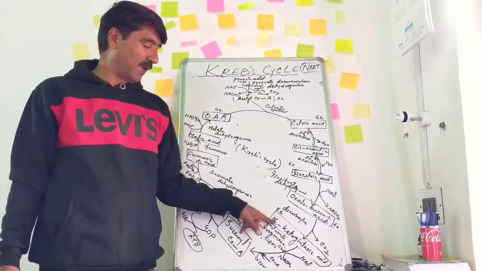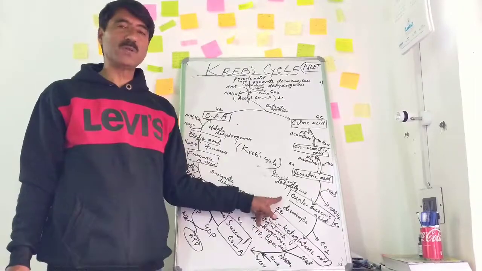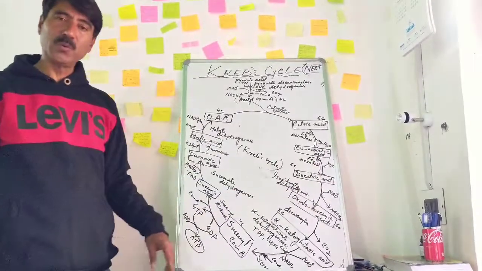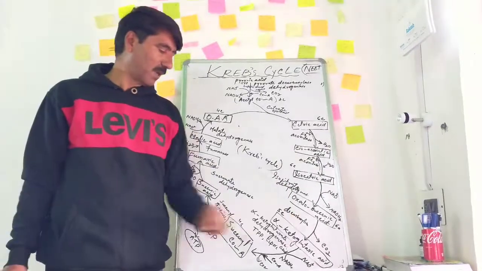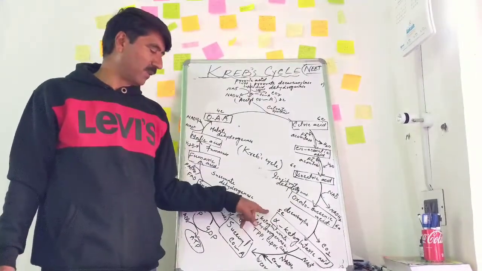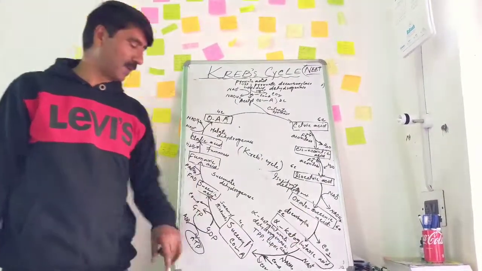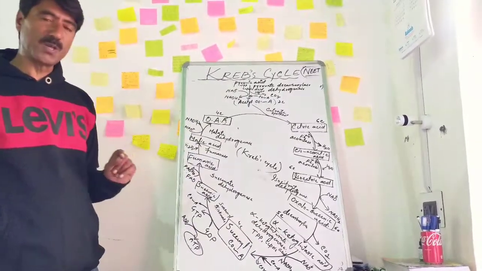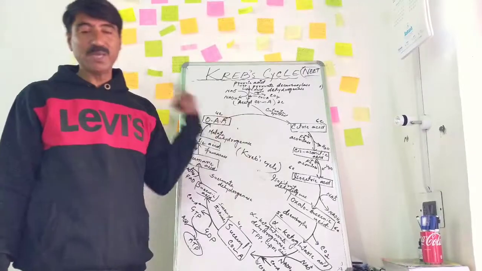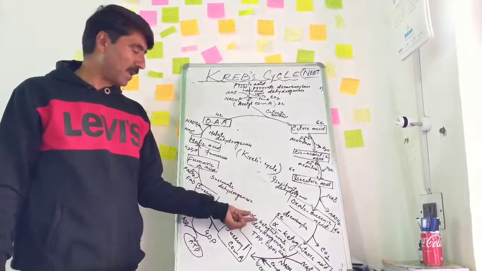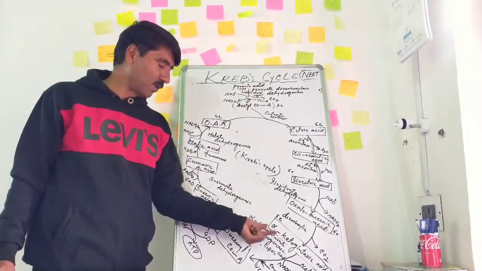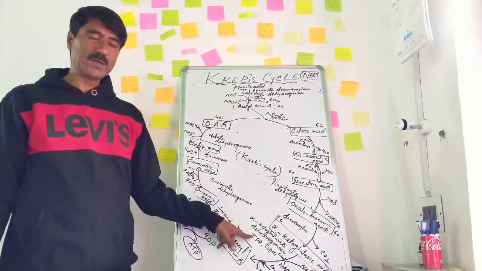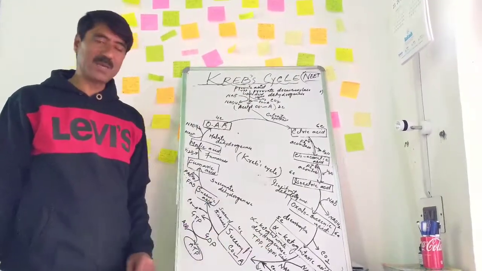होता है अल्फा कीटो ग्लूटेरिक एसिड में, डिकार्बोक्सिलेशन होती है यहां पर इस ऑक्सैलोसक्सिनिक एसिड की, एक कार्बोक्सिलिक ग्रुप कार्बन डाइऑक्साइड के रूप में निकलता है, तो ये 5 कार्बन वाला अल्फा कीटो ग्लूटेरिक एसिड बनता है। अब इस अल्फा कीटो ग्लूटेरिक एसिड की फिर से ऑक्सीडेशन होती है, डिहाइड्रोजनेशन भी होती है, डिकार्बोक्सिलेशन भी होती है, एंजाइम कॉम्प्लेक्स है यहां पर अल्फा कीटो ग्लूटेरेट डिहाइड्रोजनेज कॉम्प्लेक्स, इसके लिए कोफैक्टर्स भी चाहिए, इसे TPP है, लिपोइक एसिड है,